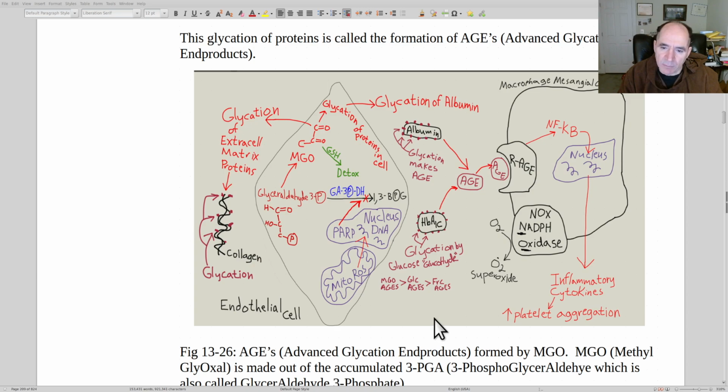And there's different types of advanced glycation end products. There are advanced glycation end products due to binding with methylglyoxal. There's advanced glycation end products due to binding with glucose. And there's advanced glycation end products due to binding with AGEs, advanced glycation end products, okay, from fructose. Okay, there's also some dietary advanced glycation end products. So these things all add up. And the body's used to being able to handle them in small quantities. When they become excessive, they just generate more and more inflammation. Okay, but this is a big problem, generating these advanced glycation end products.